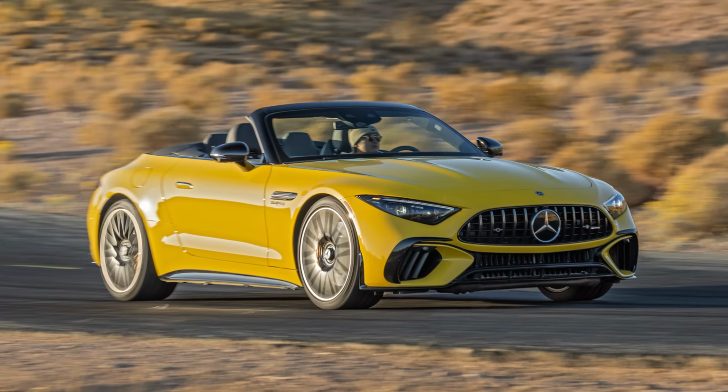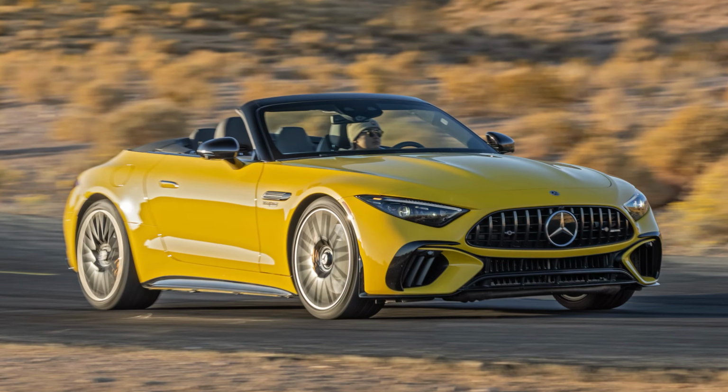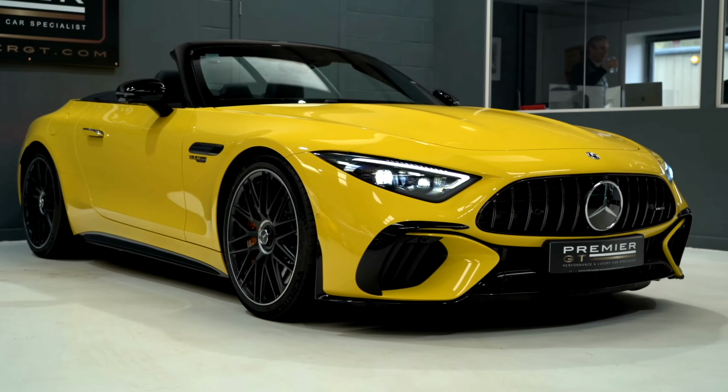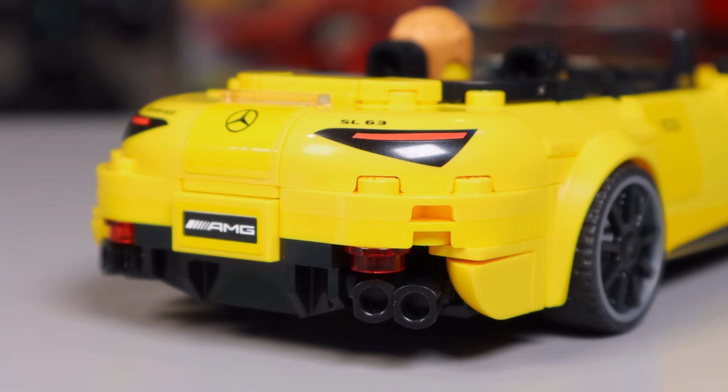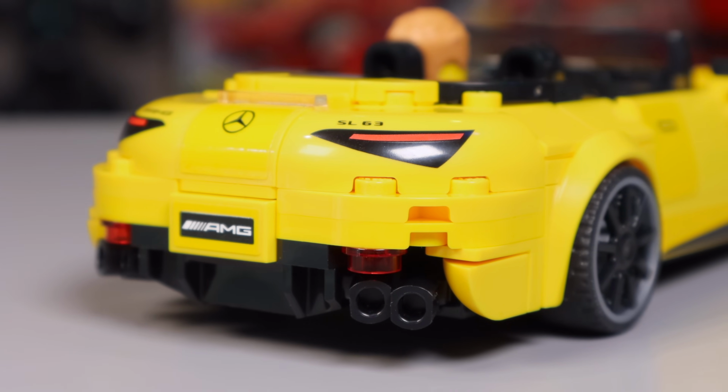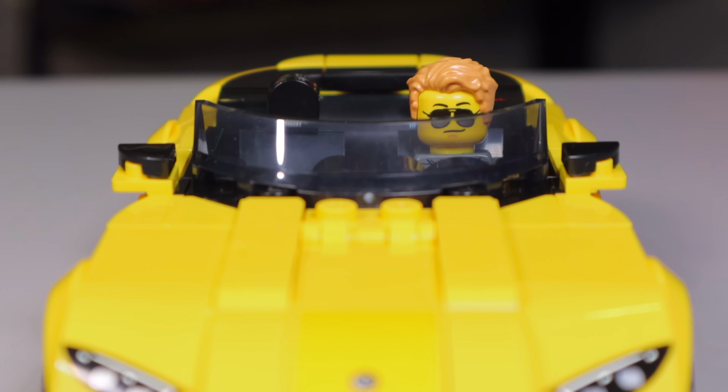The real car, some might call it an upper class Pontiac Solstice. It cost $187,000 and has almost 600 horsepower. The SL stands for Sport and Light. It's not an SLK, which would mean Sport, Light, and Short. It's not short, so we have less to compensate for, but that doesn't stop us from driving a bright yellow